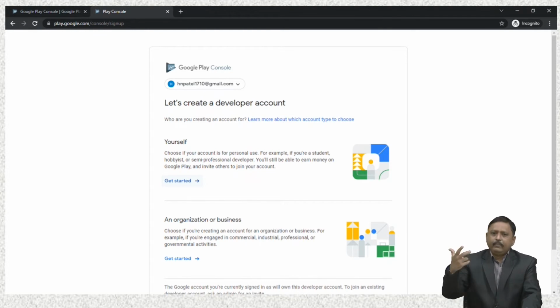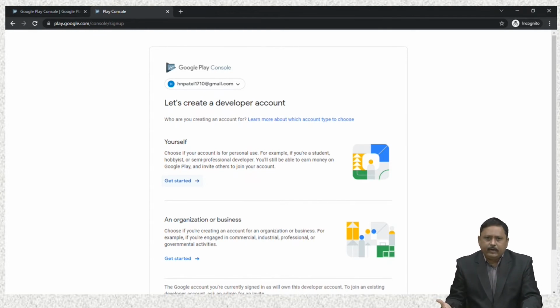Now, if you have not already logged in, then it may ask you to log in. Here on screen you can see I have already logged in. It shows you information for creating a developer account. There are two options to create a developer account.